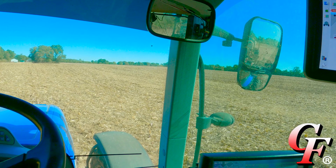So we'll get this finished up later in the week, and then I'll bring this drill back in action whenever we get done picking cotton, get started planting our wheat. We'll run this drill through its paces on the wheat planting, and see just how good it's going to do. Hopefully we got the bugs worked out. It runs smoothly this morning. The only time I had to get off was to go back there and verify that I was out of seed. So hopefully we got all the bugs worked out, and our wheat planting will go quite a bit smoother than what this cover crop planting is going with this